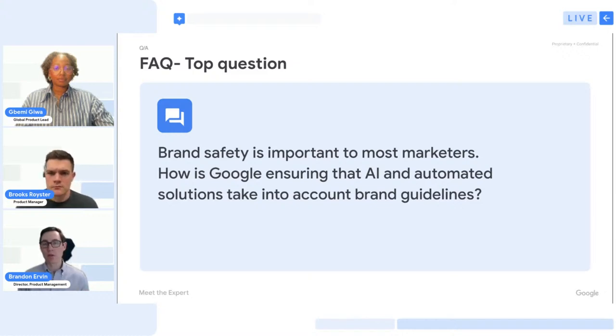So I would say, to recap, we understand it's really important for us to get that right. We're trying to make sure we do it in the core of the product, and then also provide tools for you to help shape it via negative keywords, as well as some of the brand controls as well.